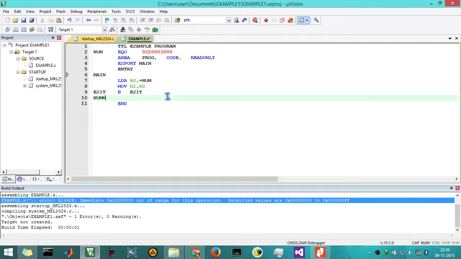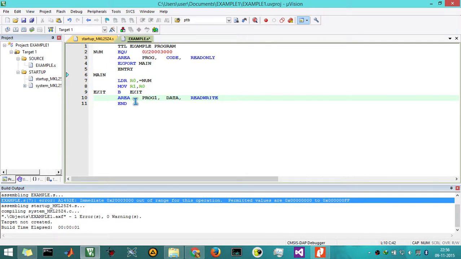Now I am going to have a number num1 DCD. So prior to this, I am going to create a section here. I already said that this code memory is of read-only capacity and this data memory is of read-write accessibility, and I am giving a different name from this one.